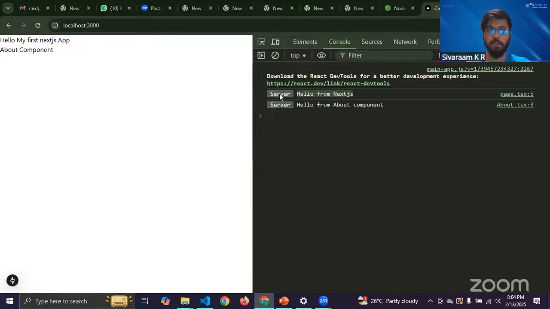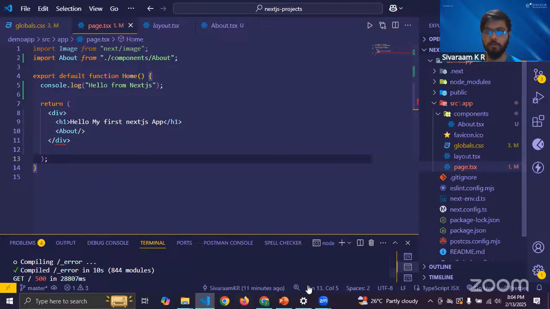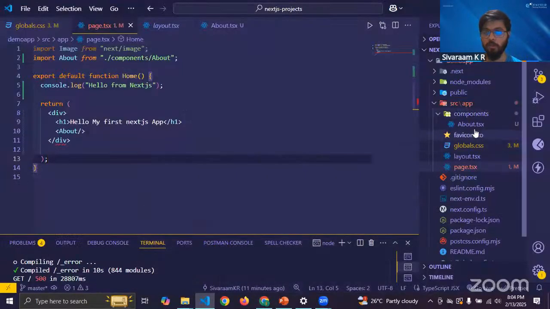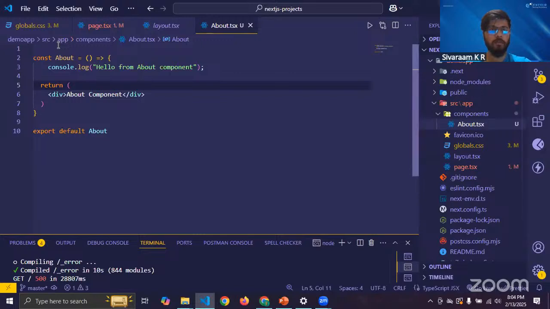This is a server component. That means this component is getting rendered in the server. Hello from about component. This is also a server component. So how do I change this to a client component? Here, you can see in the PPT I mentioned, you need to use this word, use client, at the topmost. So how do you do that? Come to about. Here at the topmost, you need to use